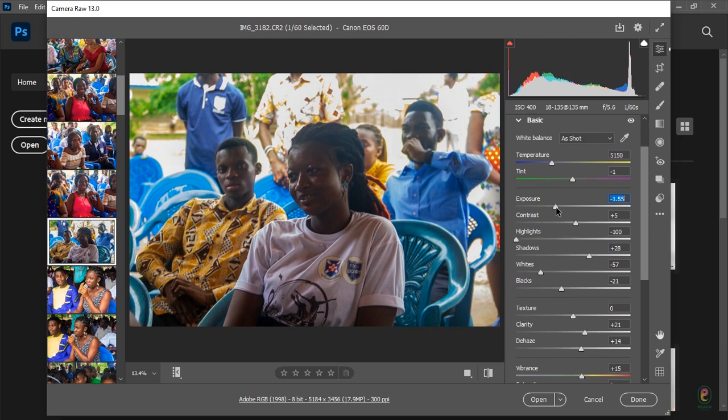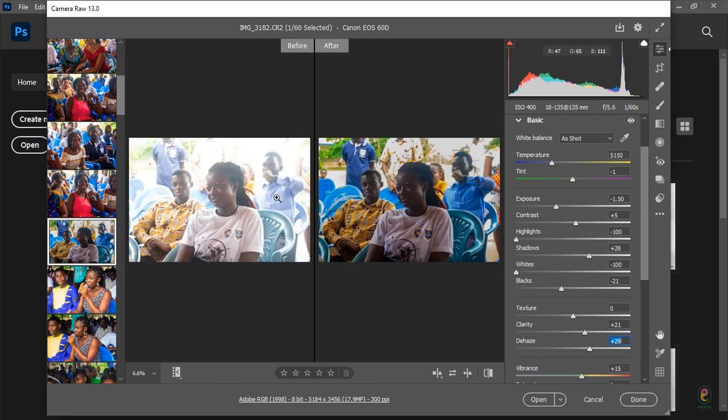Okay, so I want to just increase it. Here you can see that the exposure was reduced in this picture, but I want to increase it a little bit and then decrease my whites, so that at least I can gain more details in this particular picture. Then I would like to also increase my dehaze a little bit, so let's say 29. Now I think this is good